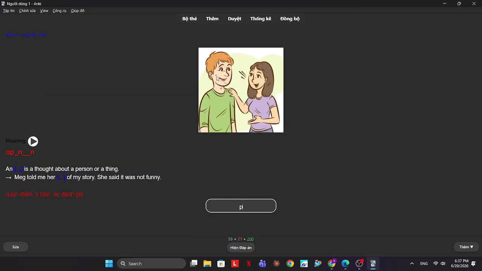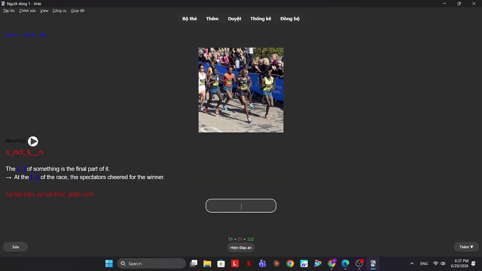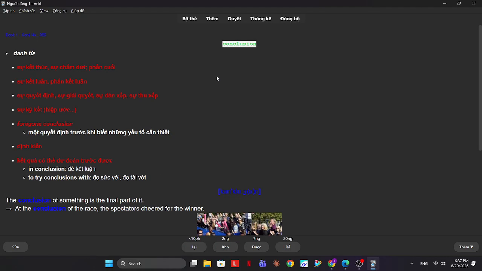Effective. An opinion is a thought about a person or a thing. The conclusion of something is the final part of it. Conclusion.